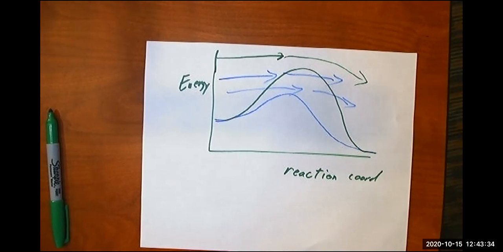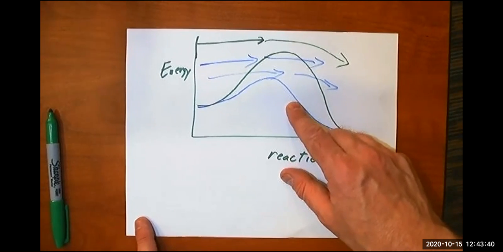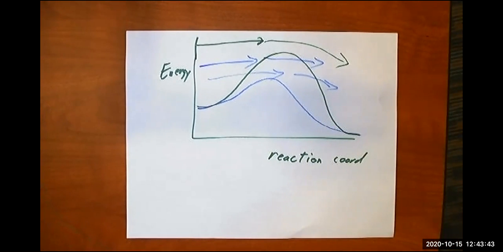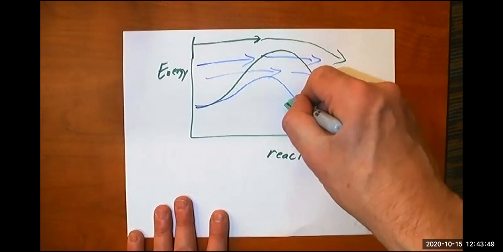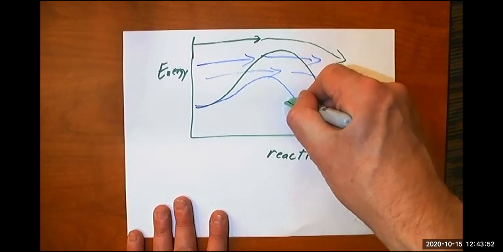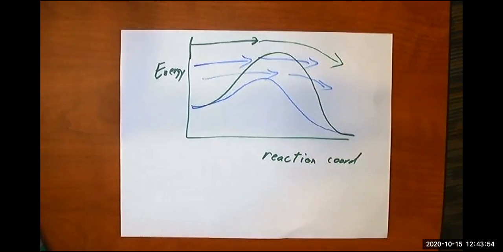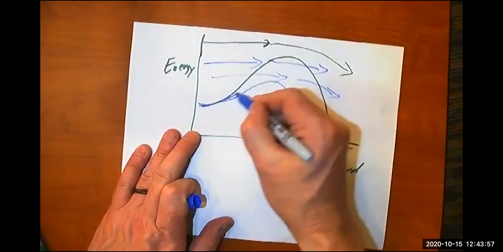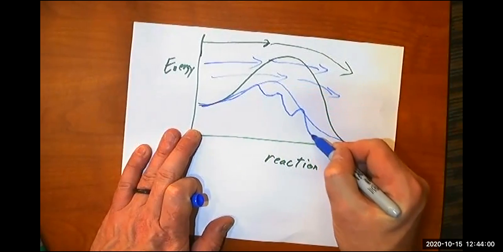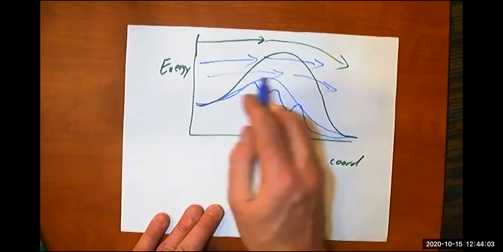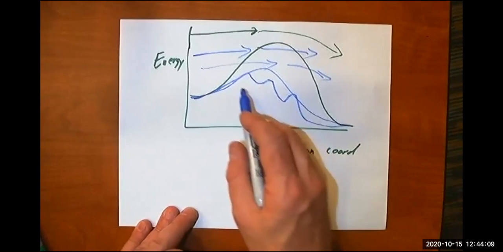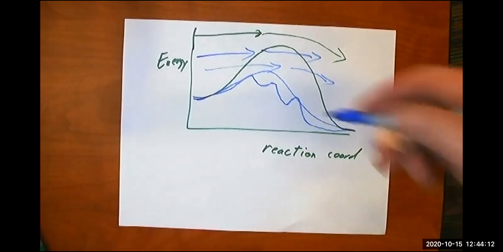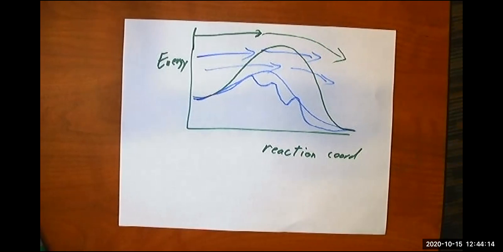That's the general idea. Now, this is a simplified picture because in reality, it's not the same reaction coordinate in these two cases. It is actually a different mechanism. It's a different series of steps. And so typically what this will look like instead is something with individual activation energies going across multiple steps. We're not going to get into the details of mapping out an entire process like that, but the general idea